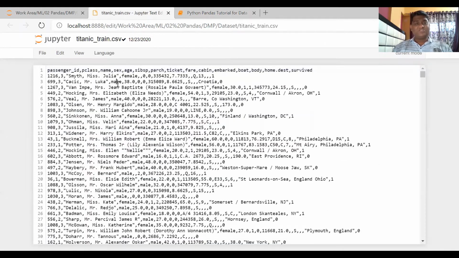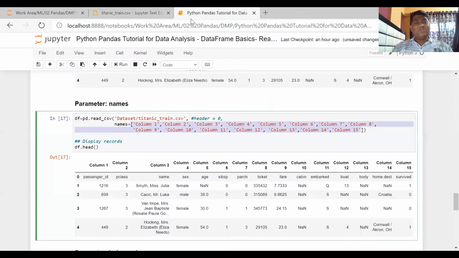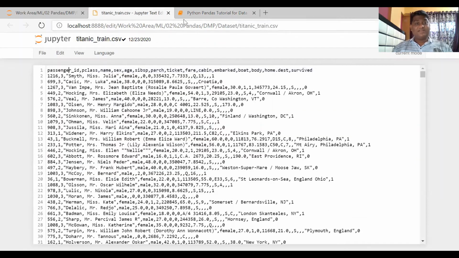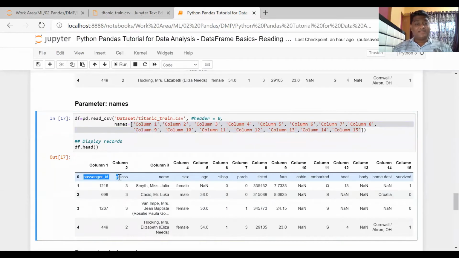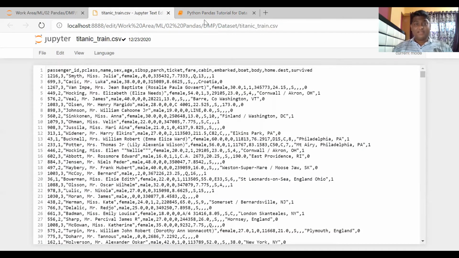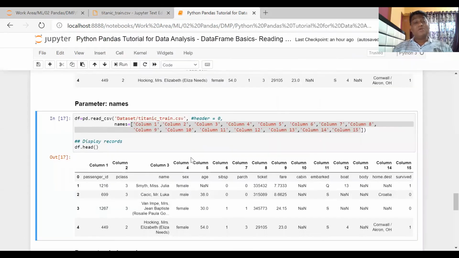Because your data contains a header, you have to solve it in a particular way so that this header won't get into the data, because right now you can see this is your header and it is coming into your data. This is not data, this is a header. So if I want to treat the first record as a header, and I don't want that header in my data frame, but want to give my own header, I have to use these two parameters, header and names, together.